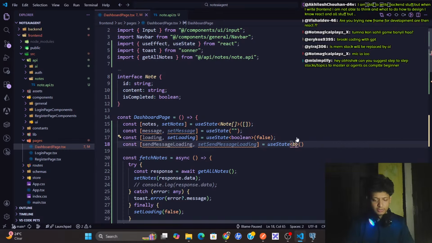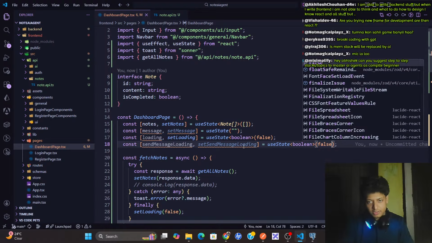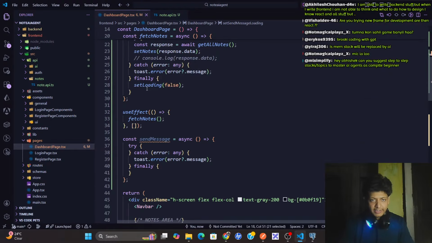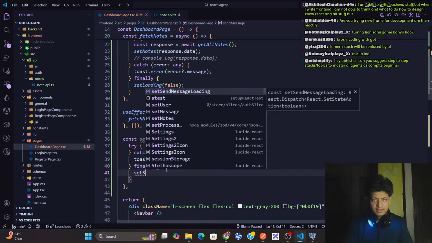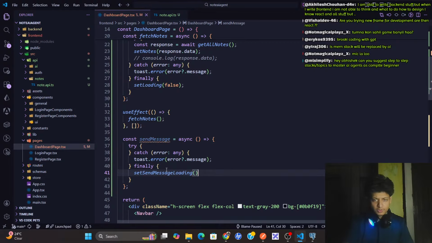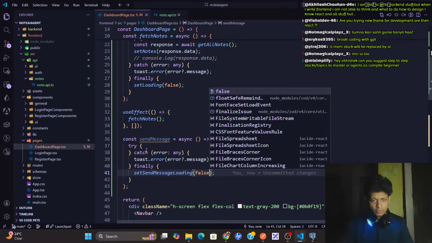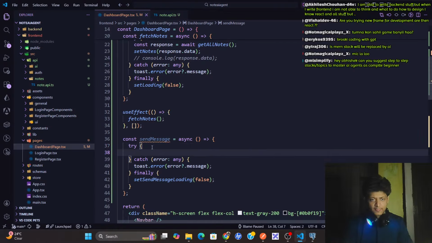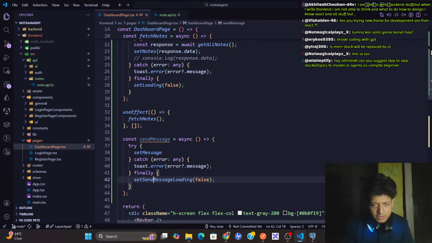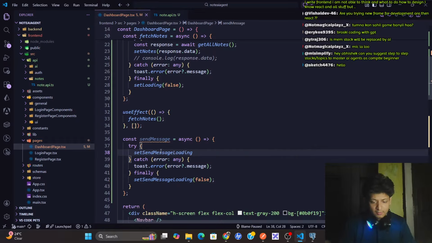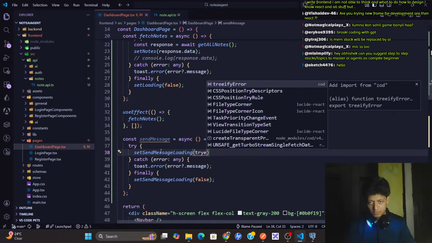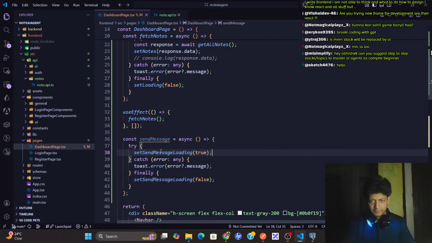It will be boolean, and initially it will be false, and in finally I'll set sendMessageLoading to false. And when this is happening, first thing is setSendMessageLoading to true. Fine, this is done.